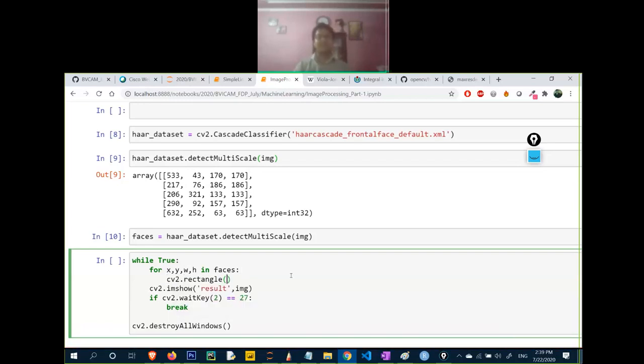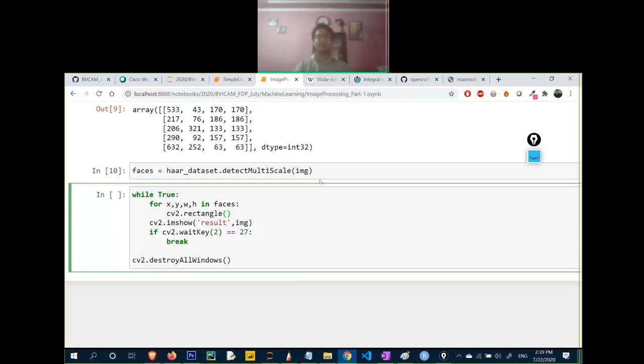I will draw a rectangle over the faces wherever it has detected some face. So cv2.rectangle, and I will pass the image, then x, y, then x plus w, comma y plus height. Then the border color. What color of border do you want? It takes BGR instead of RGB, that is blue, green, and red: 255, 255, 0.